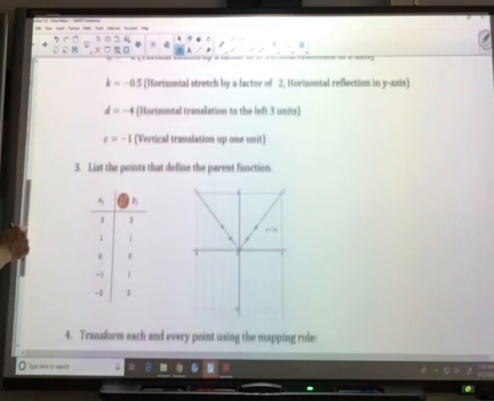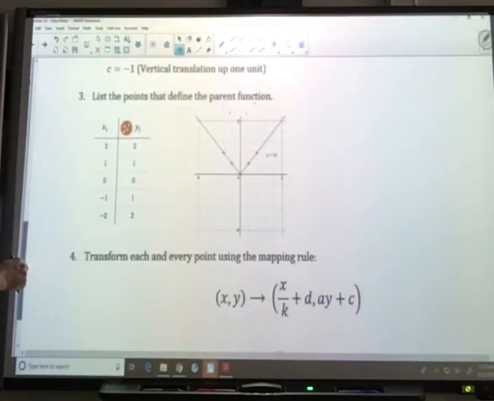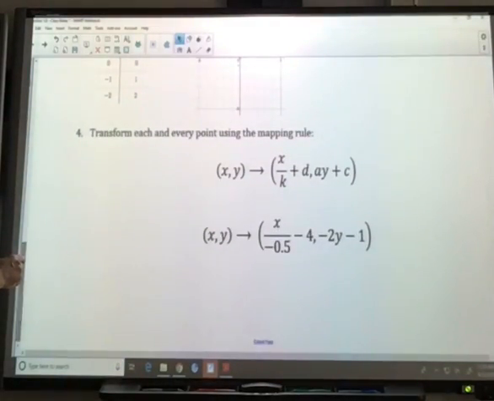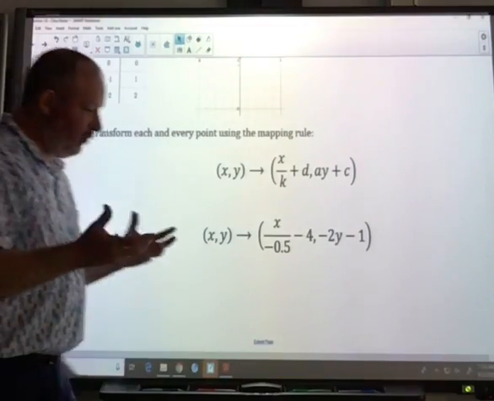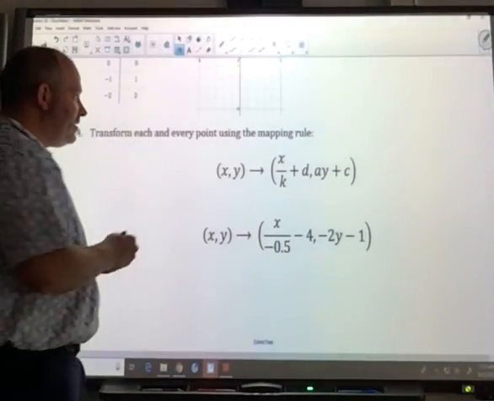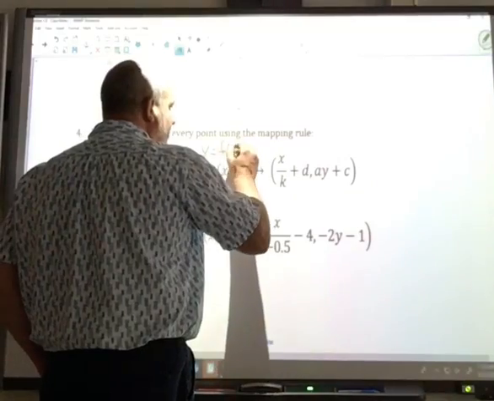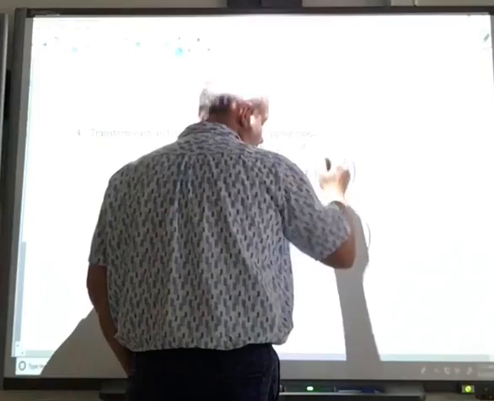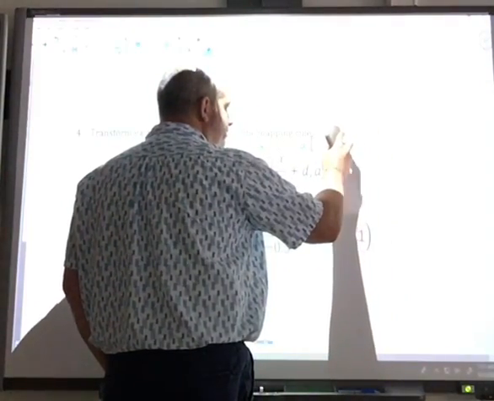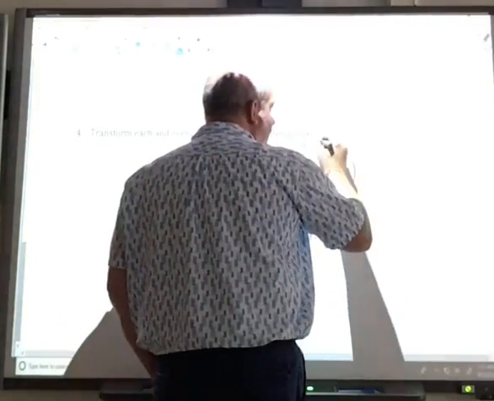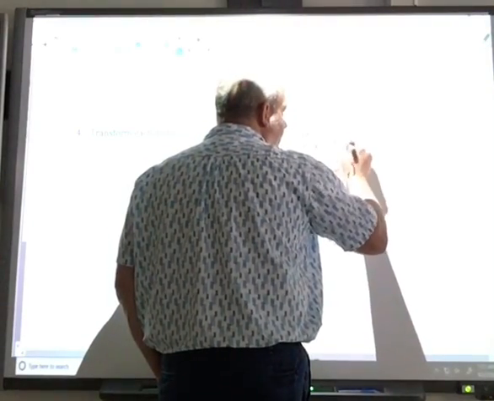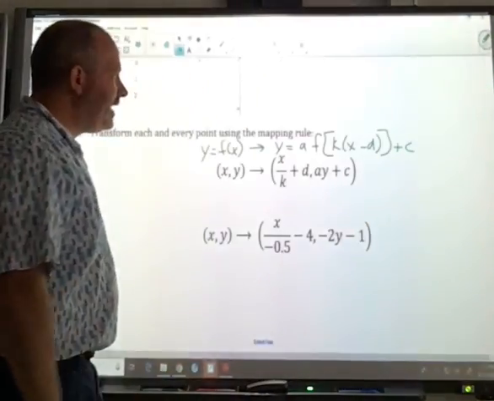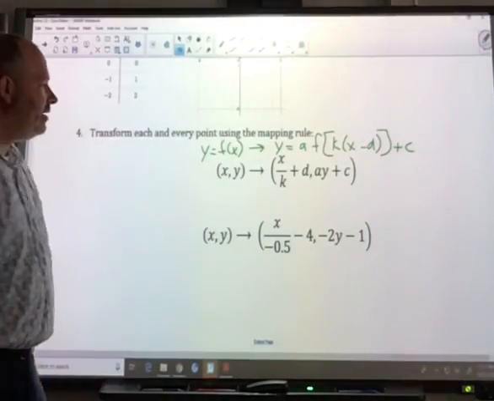Then what I do is I take my formula, for any point, this is for y = f(x), and transform it into y = a f(k(x - d)) + c, the whole darn thing. Okay, that's all transformations. This is my parent function. So the point for my